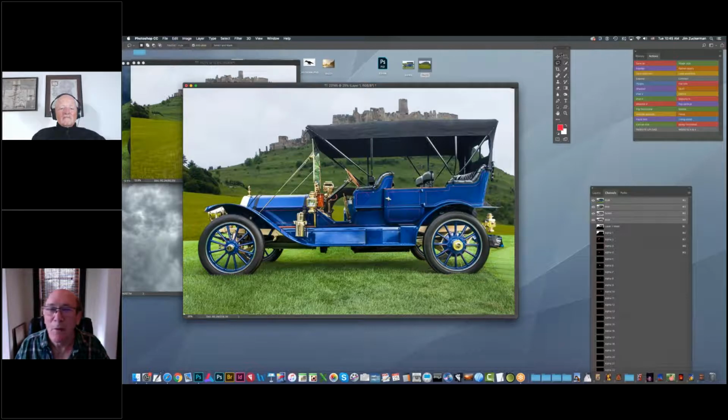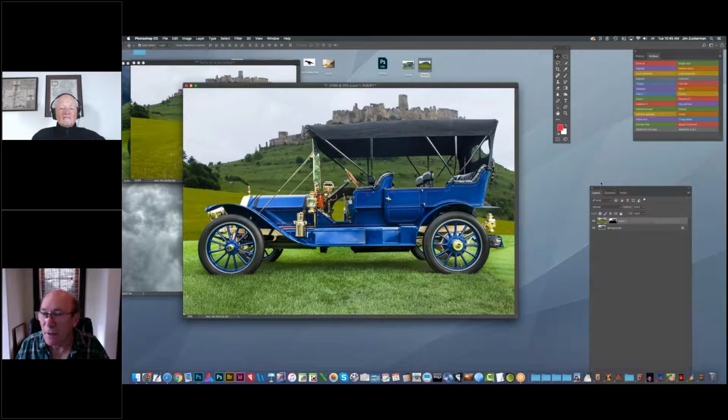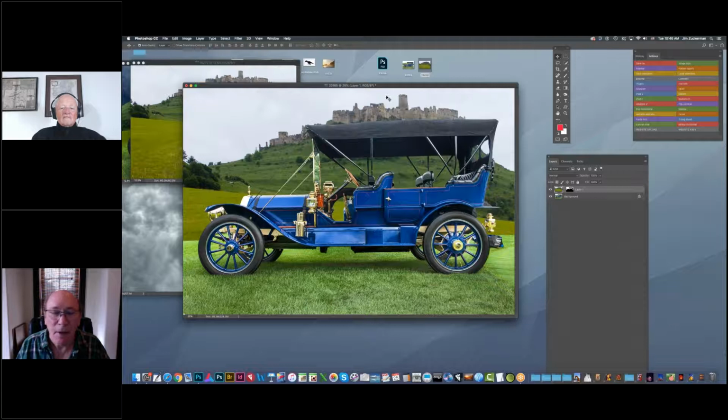Okay, now we want to move it. Actually, we want to do two things. We want to flip it horizontally because the roof of the car is blocking most of the castle. Even if we take the move tool and move it up here, you see it's blocked mostly. So let's flip this. We have a layer now, as you can see in the layers palette, and all the